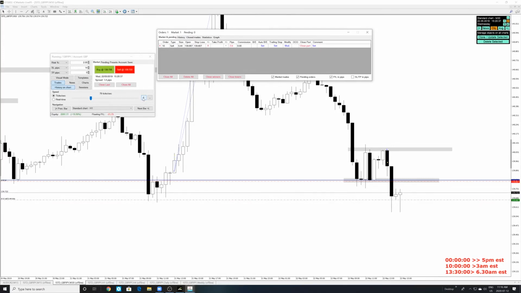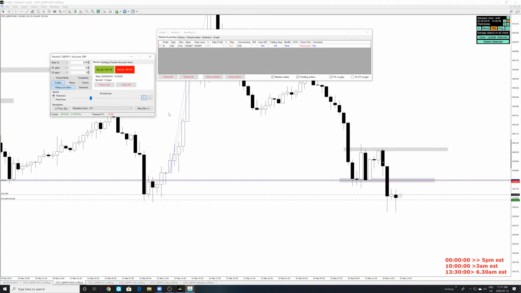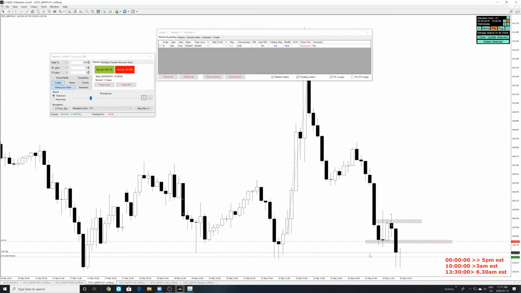This 30-minute candle is about to close. It's closing in 9 minutes. I think we're still good. Yeah, the 30-minute is closing, we've got to wait for it to close. It's closing in 3, 2, 1. Yeah, there we go, the 30-minute candle closed. Let's take a look at the 1 hour. The 1 hour is still open.